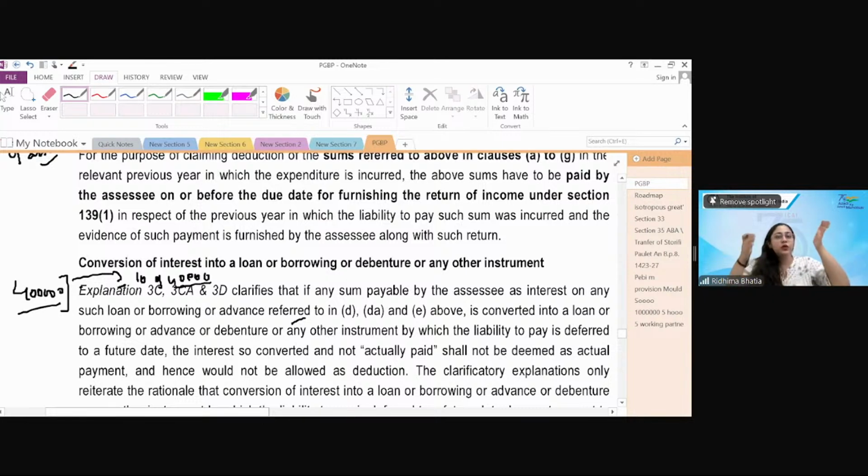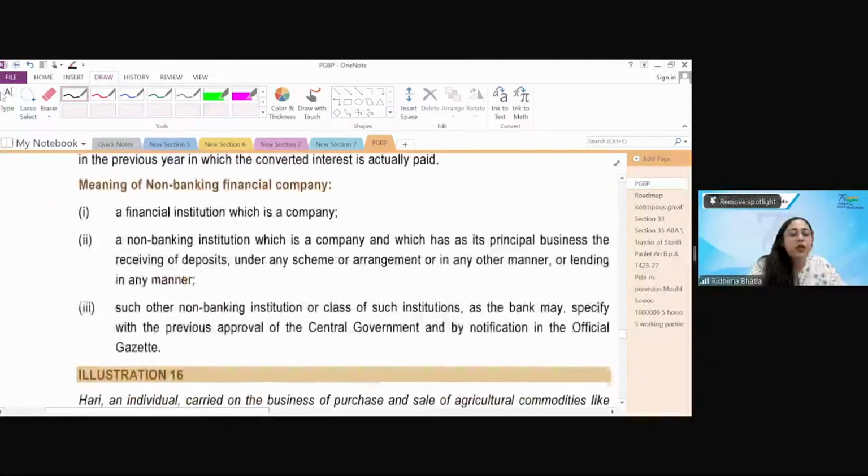this 4 lakh is converted into a loan does not mean a repayment has happened, right? Just because the interest which was payable is now converted into another liability does not make it an actual payment. So when I'm actually paying these installments, then I can claim them as actual reduction, right? Then only I can claim it as actual reduction. So whatever is being paid till the return filing date of these installments, that would be allowed. Whatever is not paid would be disallowed, and when they would be paid would be allowed. Sorted? Now,